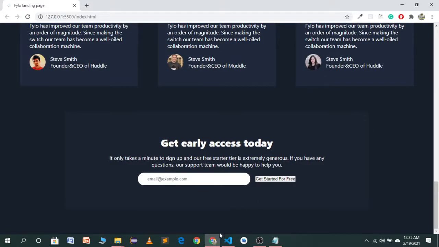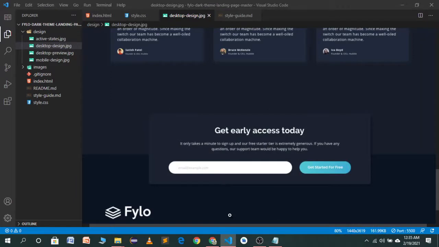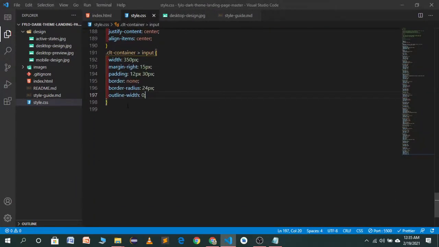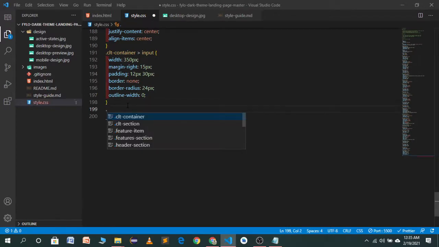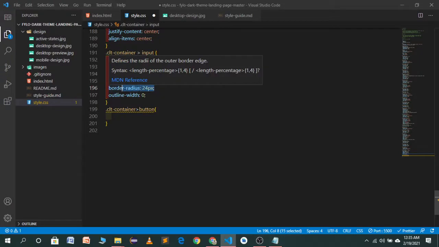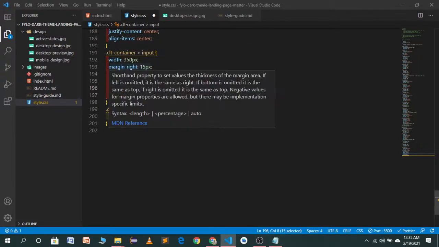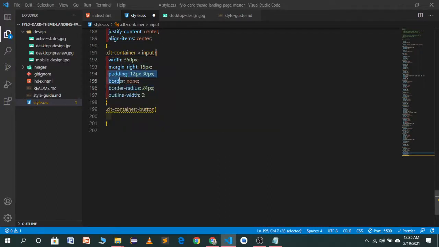Now we have to target the button. Now let's go to our CSS file, and in the CLT container let's target button. So for button we want some of the properties same, apart from margin and width. We will use the same properties, but we want a